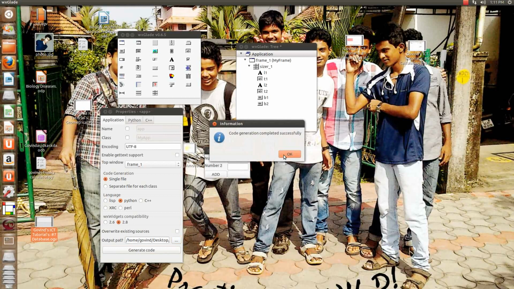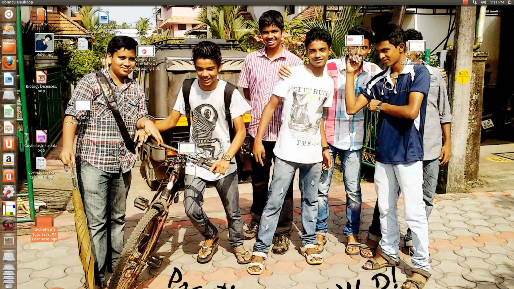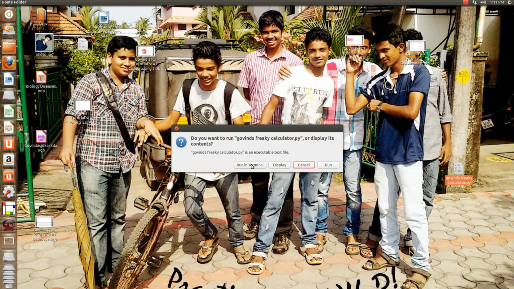Code generation completed successfully. So we have generated the code for a calculator using wxGlade, but it is not over yet because we have to define the sum function we entered earlier. So this is the file that I created right now, govensfreakycalculator.py. Just double click on it and you will get this window. Do not run in terminal now.